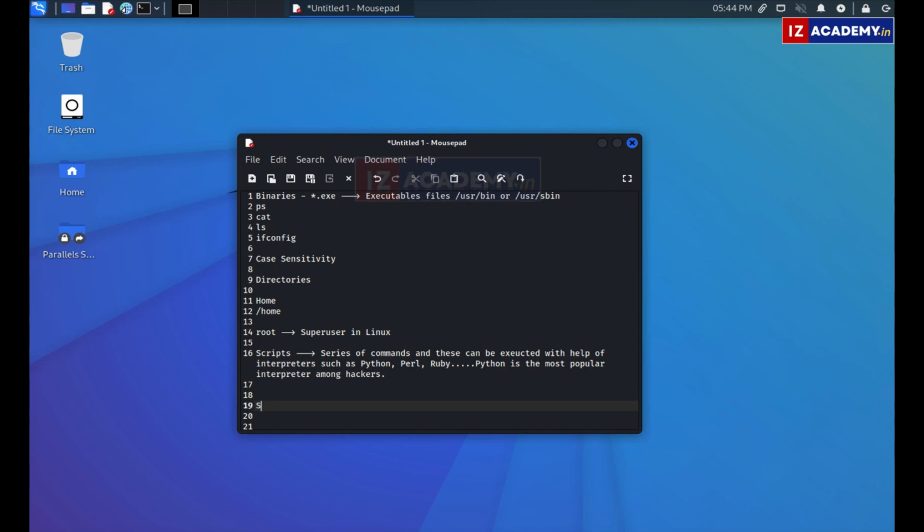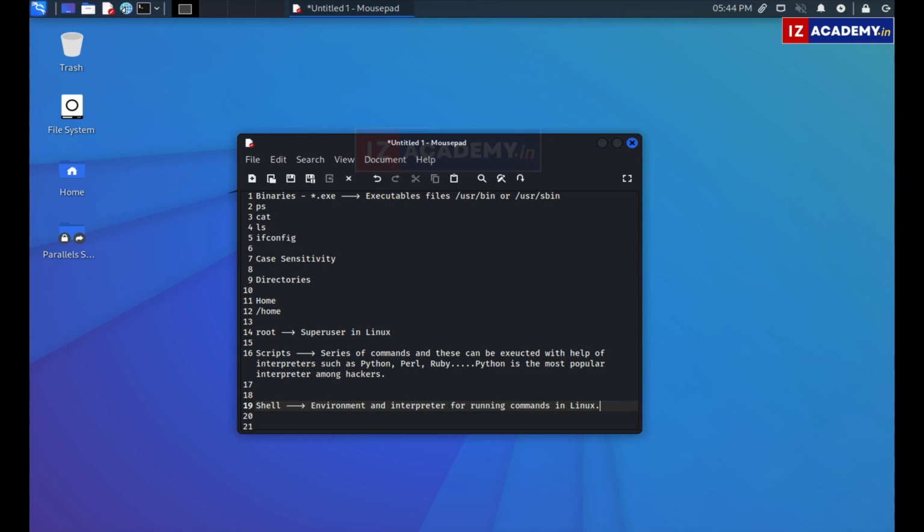And then shell. So what is shell? In Linux, it is like an environment and interpreter for running your commands.